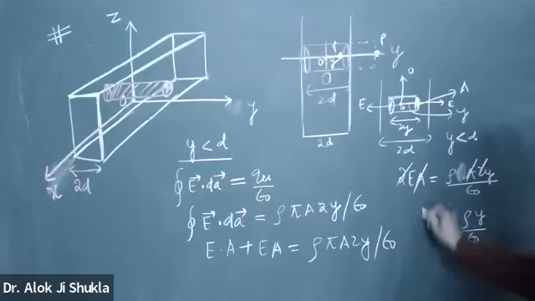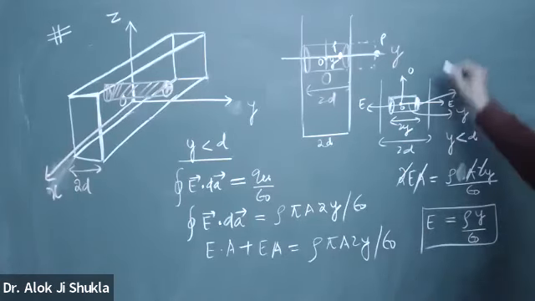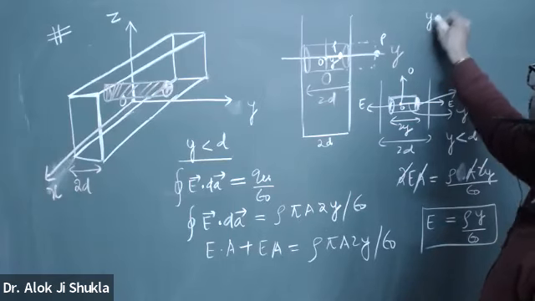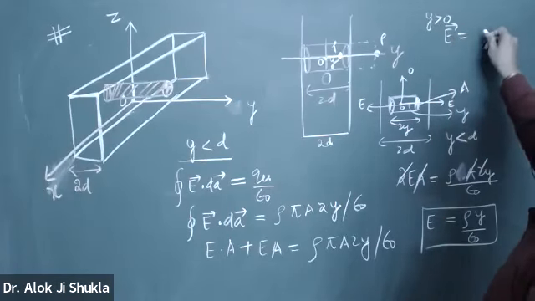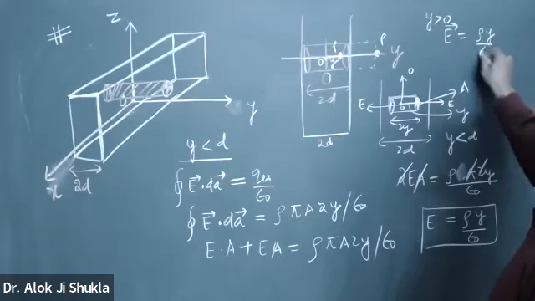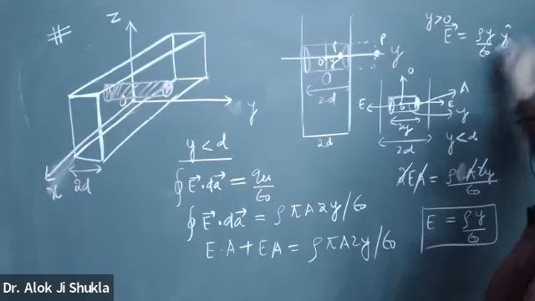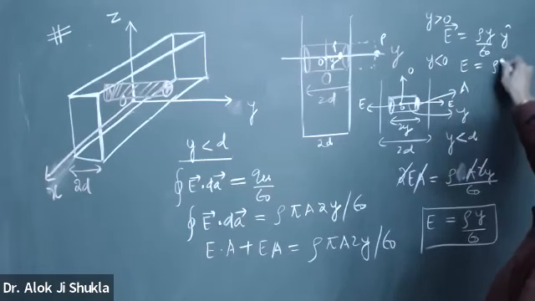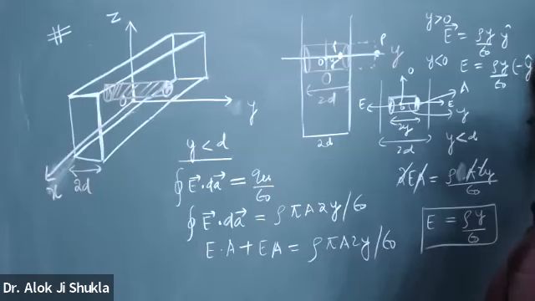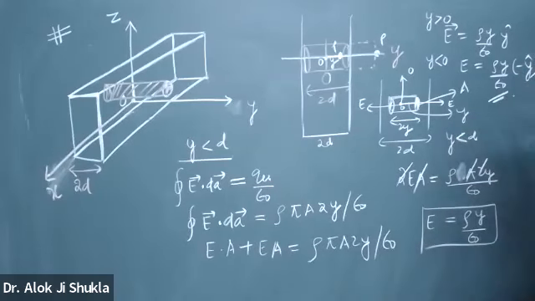But this is the magnitude. If you want to draw the direction, for y greater than 0, E is equal to rho y by epsilon naught y cap. And for y less than 0, E is equal to rho y by epsilon naught minus y cap. These will be the two directions,